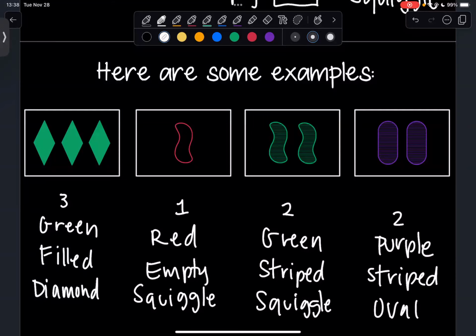Any questions on the characteristics here? Right, again, we have 4 characteristics: number, color, filling, and shape. And within all 4 of those, we have 3 options for the attributes in that characteristic, right? So 1, 2, 3. Color, we have green, red, purple. Filling, we have empty, striped, or filled. And then the last is the shape, the diamond, squiggle, or the oval.